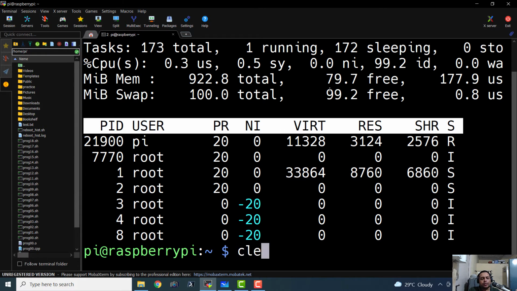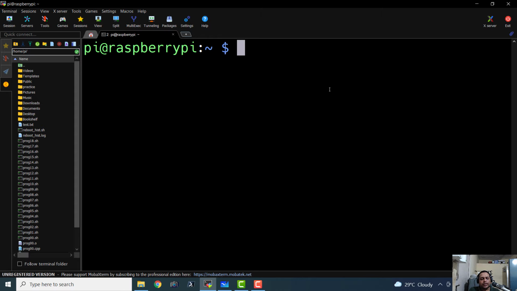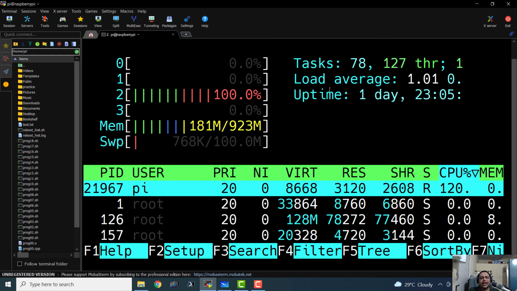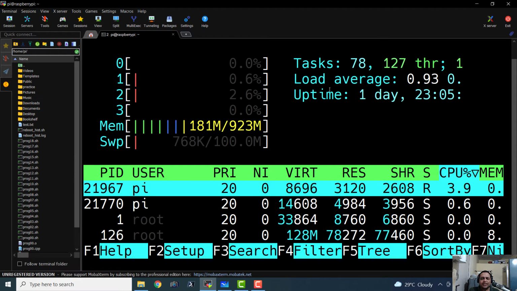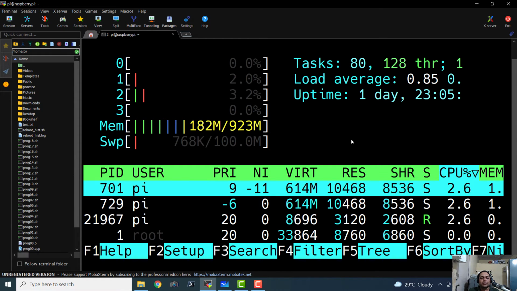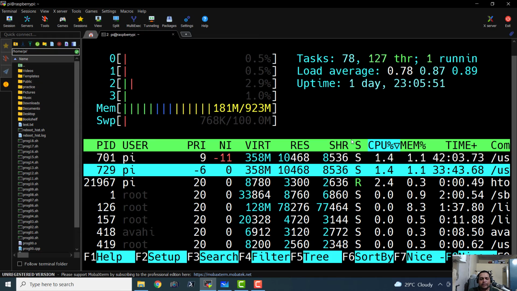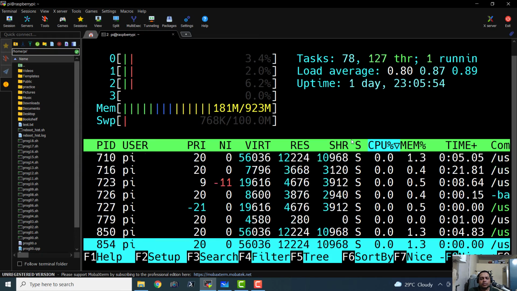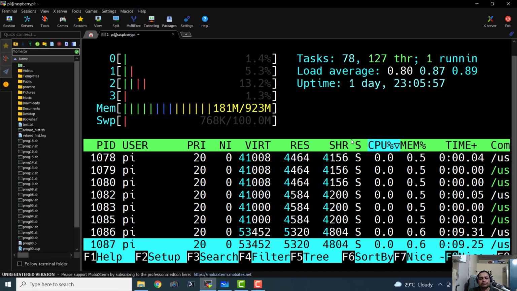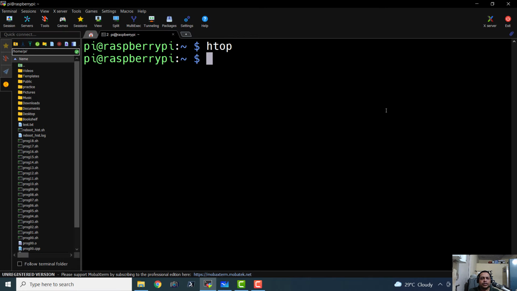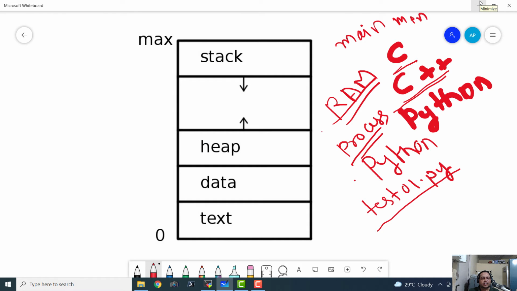Now, if you want a fancier thing, it's not a graphical user interface, it is just a fancier output of the running processes. So here we have the htop utility. Here we can see the commands and the programs and processes that are running, and we can actually get a very nice view of that, and we can just go ahead and check all the processes that are running. So this is all about checking the currently running processes in all the major operating systems like Unix-like operating systems and Windows.